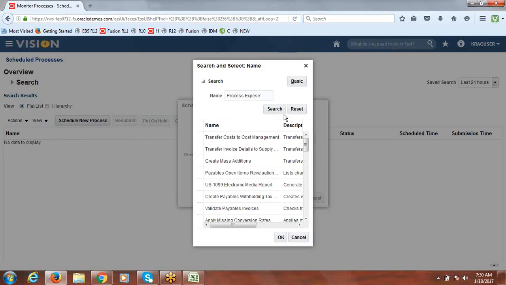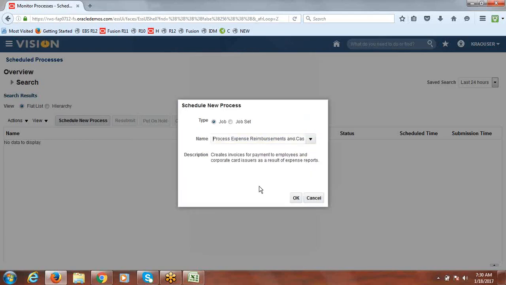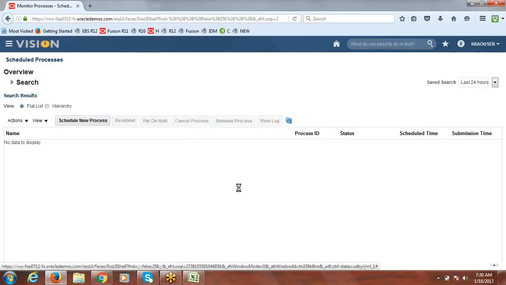There will be one job name called process expense reports and some cash advances. I think that is a name. This is the one. So process expense, just place cursor on that. Expense reimbursements and cash advances. Okay, then say okay.